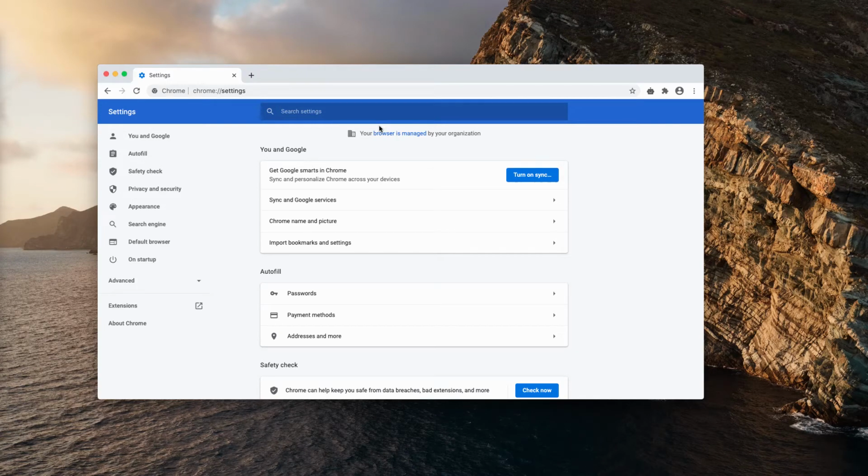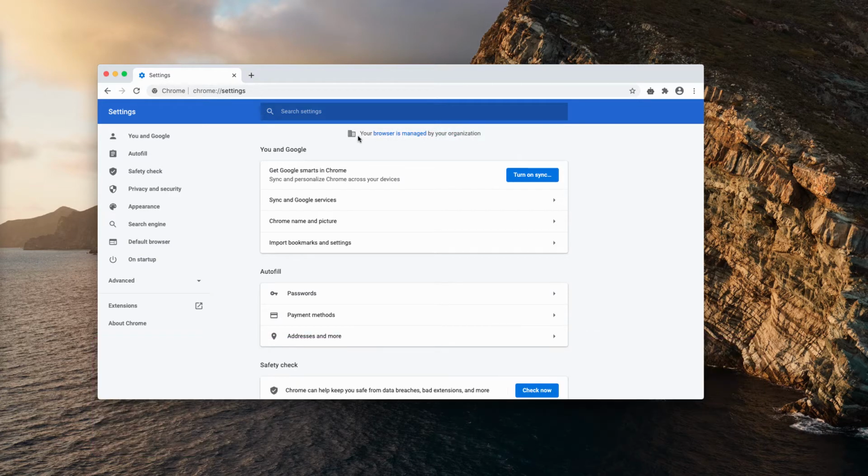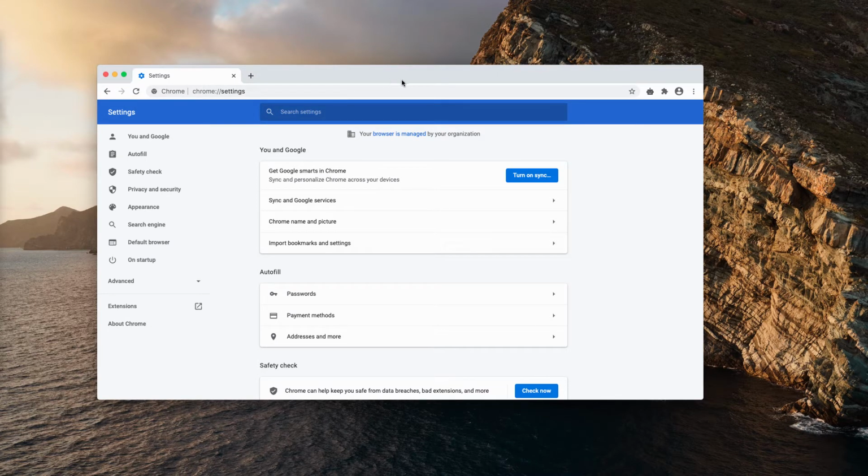Ladies and gentlemen, this video is dedicated to help you fix the problem called "your browser is managed by your organization." This is the typical problem that many customers experience. Well, sometimes the browser is indeed managed by a certain organization that may control the activities of its employees, but